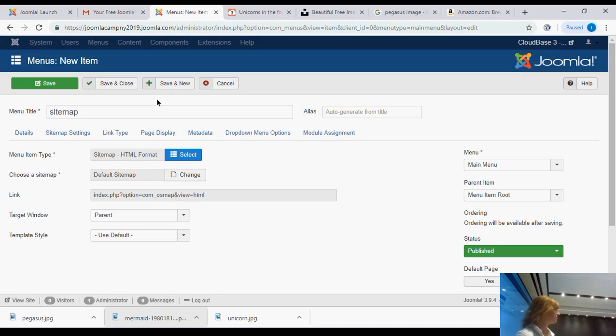J Sitemap is good too? Okay, so J Sitemap's another one. So if you just hit save and close,